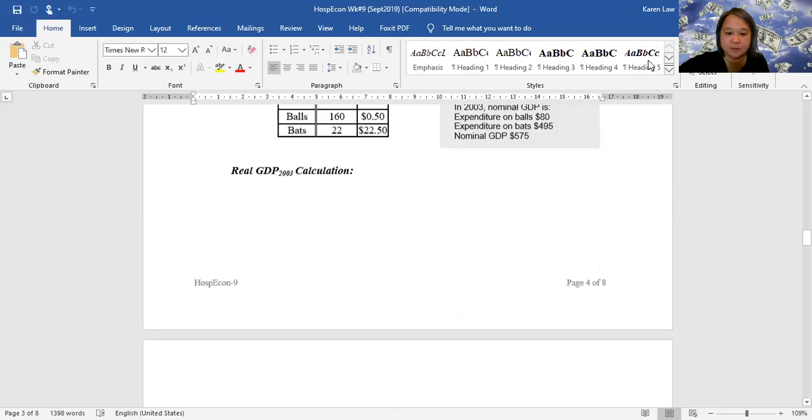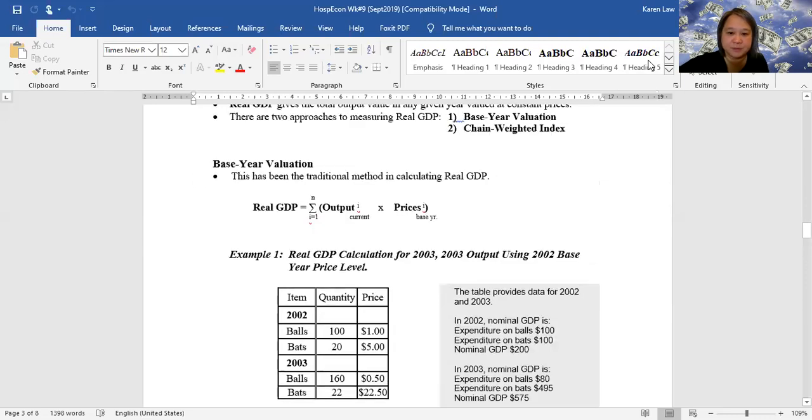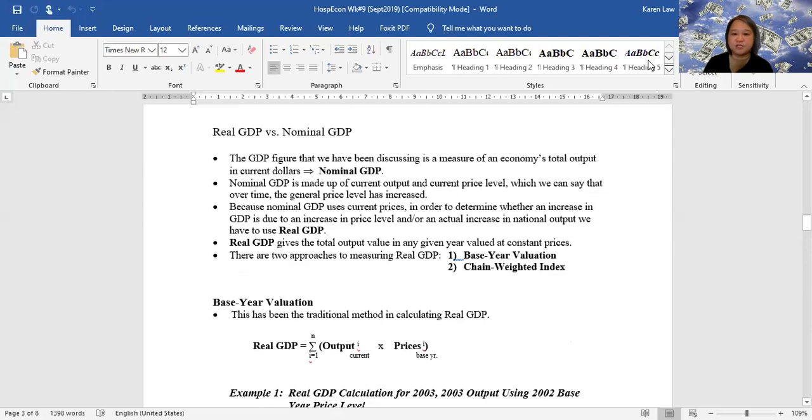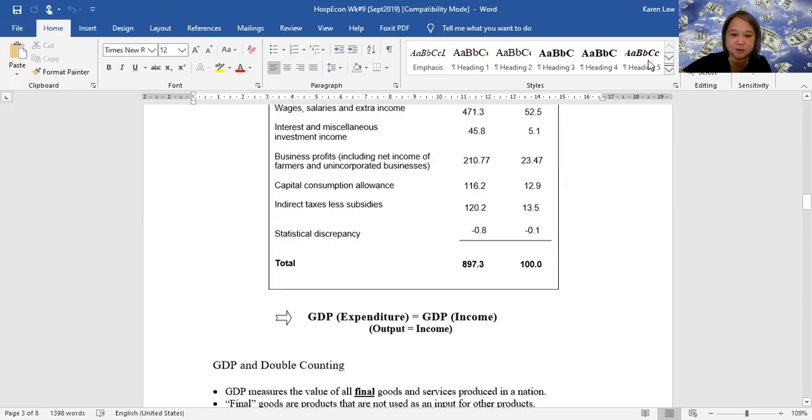All right, so I just want to back up a little bit because I want to actually show you how we actually calculate GDP. Now, what we have here is something called nominal GDP and real GDP. Right now, what we're calculating is nominal GDP, and nominal GDP in some textbooks will be called current dollar GDP, or they'll call it money GDP. So I'm just going to give you an example of how we figured out